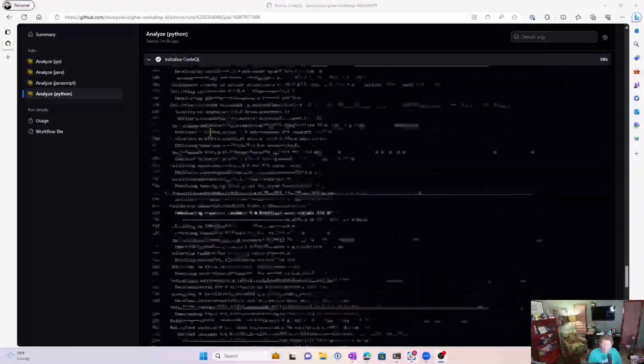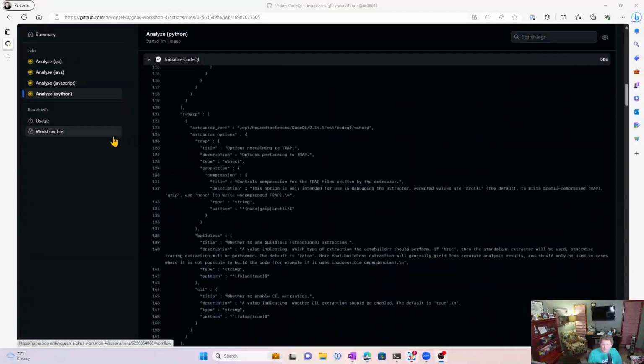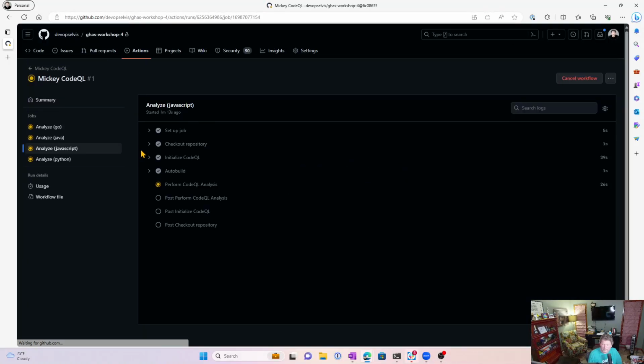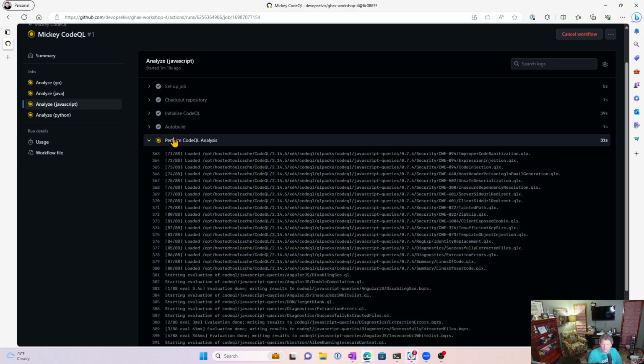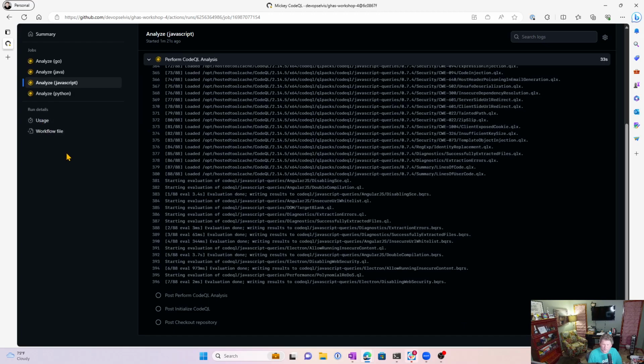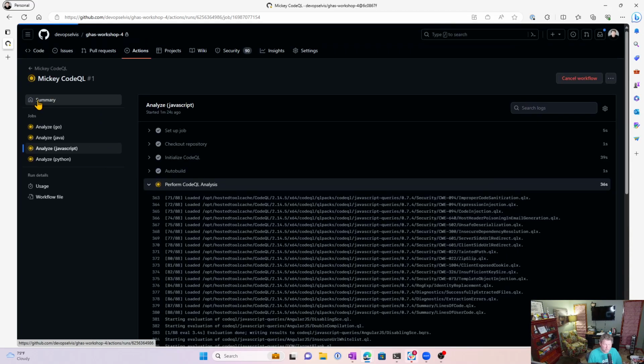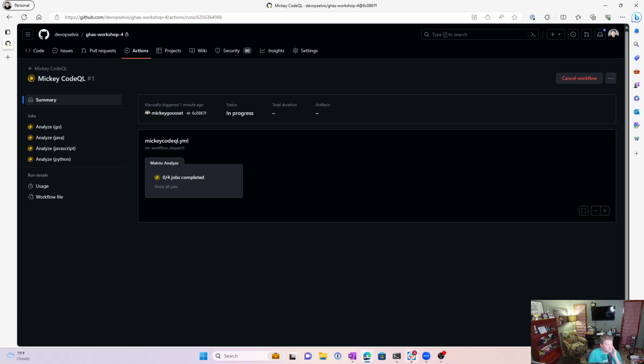So you can see a bunch of junk going on, but here's the skip auto build, which didn't do anything. And then we've got code analysis that's running. So this takes a couple of minutes to run, right? Which is one of the reasons why you don't want to run code scanning, like say on every push, because by running code scanning on every push, it's going to really slow things down potentially for your developers. So usually where you run it is on a pull request or potentially on your push